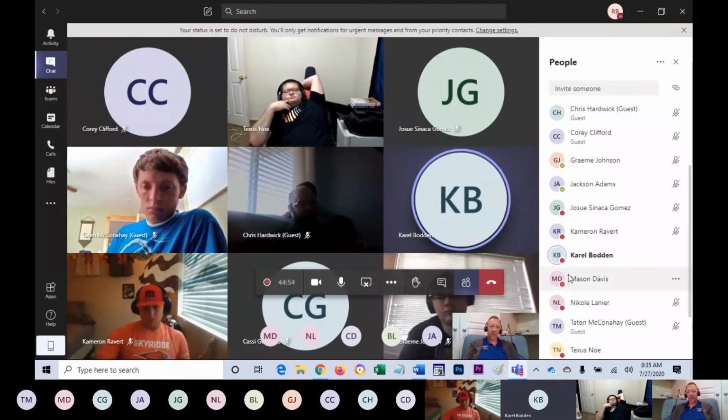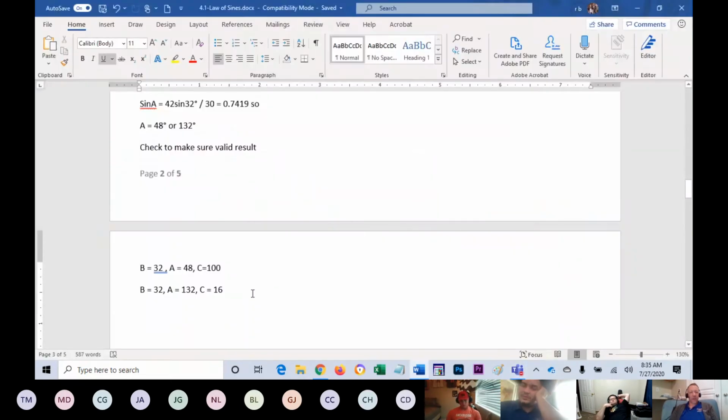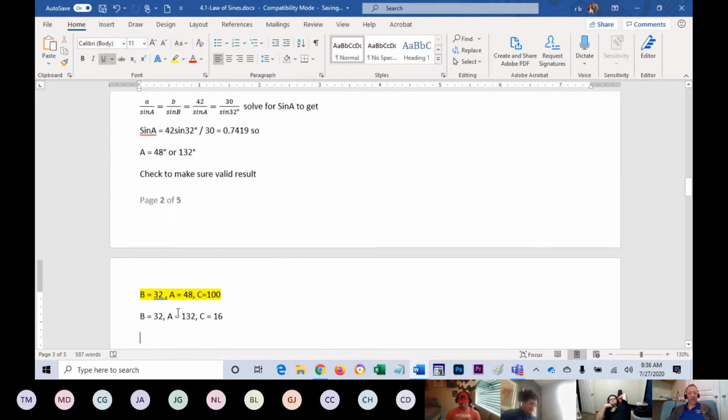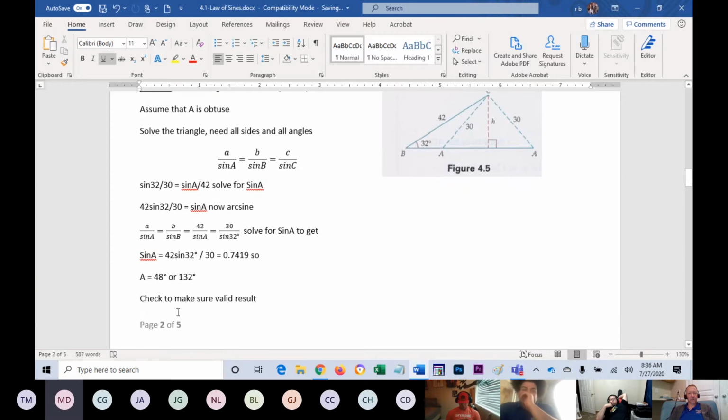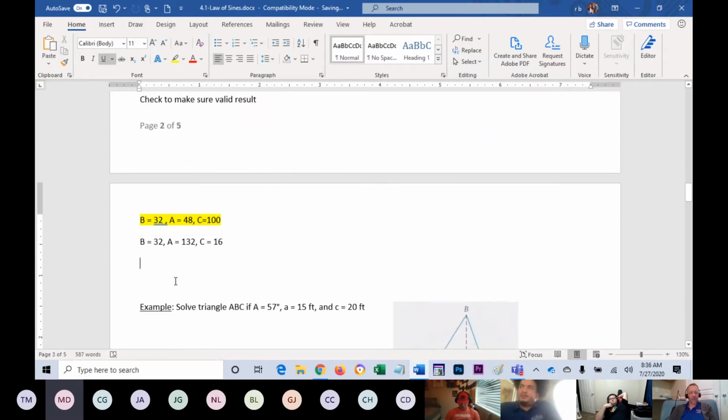So that was Ivan. Mason, I don't know which triangle you want to use in this case, the top one or the bottom one. Doesn't matter to me. Why don't you do the top one and we'll have somebody else do the bottom one. Okay, cool. If we assume that our angles are here, how would we find side C? So we'd set C over sine of C equal to one of our other ones that we know. So use B. C over the sine of 100 equals